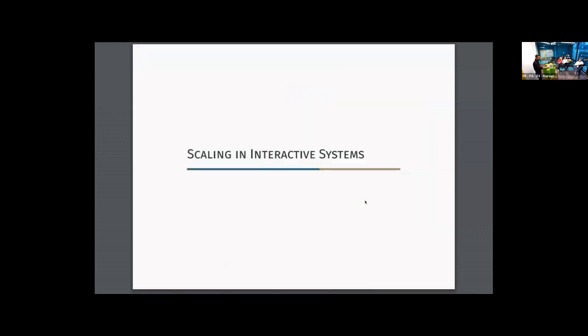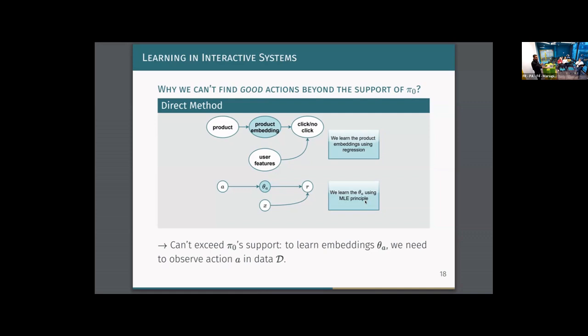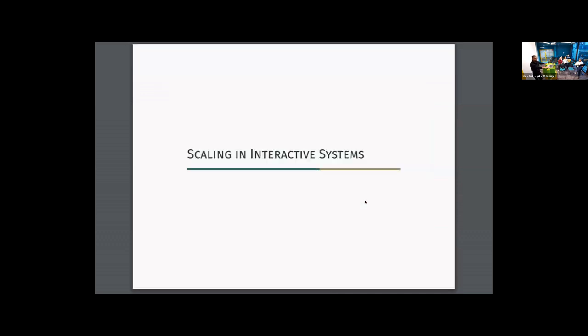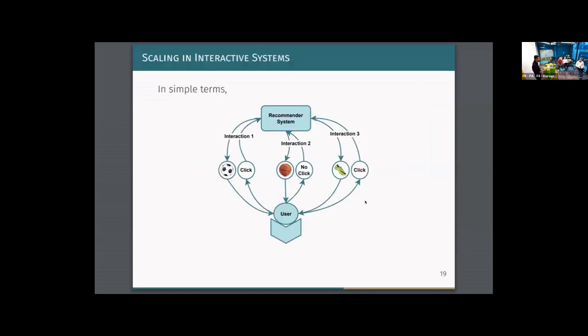So this is a problem. And here next we will show how we can actually go beyond the current recommender system choices by using side information. So as we said before, we have these recommender system interactions, and we have football, basketball, and football shoes.